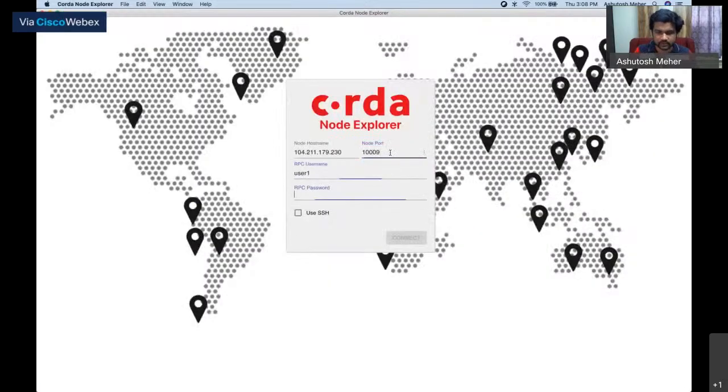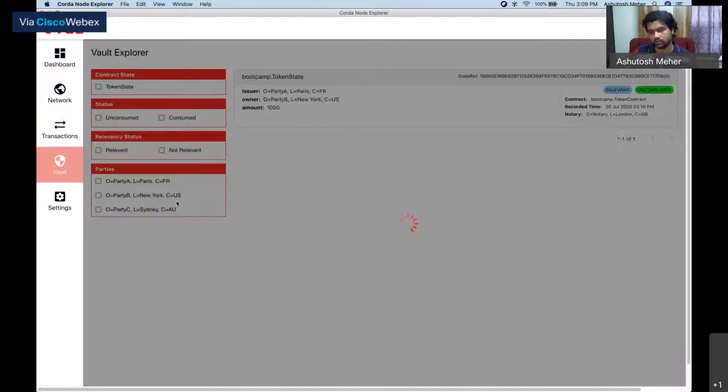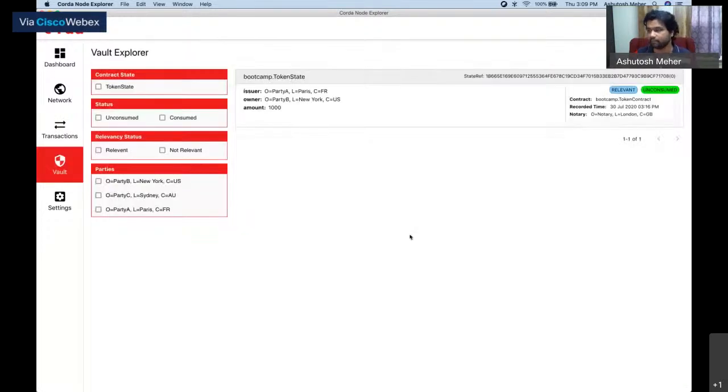User 1, test. You see a transaction done. You see the vault. And that's it. We are able to successfully deploy 4 different nodes, 2 on each VM on Azure.